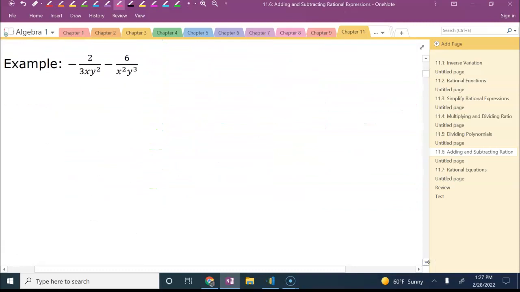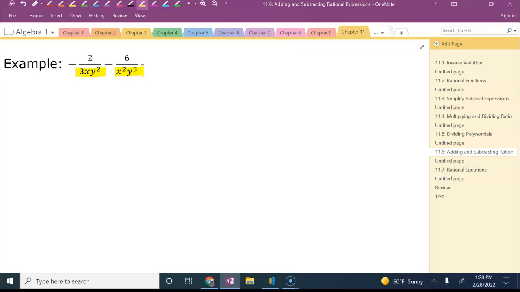So this one we have negative 2 over 3xy squared, and then minus 6 over x squared y to the third. We've got numbers and we've got letters involved here. So what we need to do is look at the bottoms of those fractions and see what is maybe missing from one fraction that the other one has. And so we need to be able to combine them, and we want to take the most amount of factors that we see in the bottom of a fraction